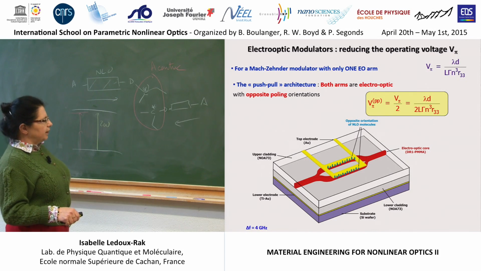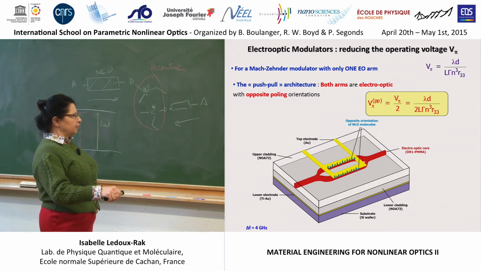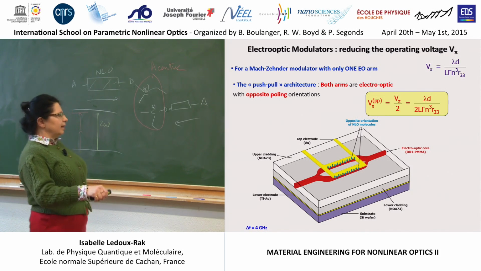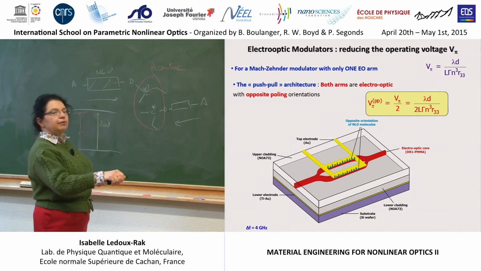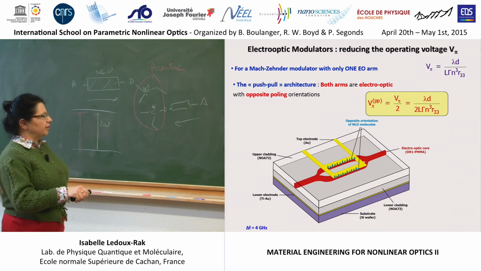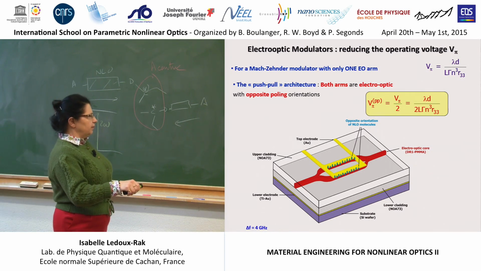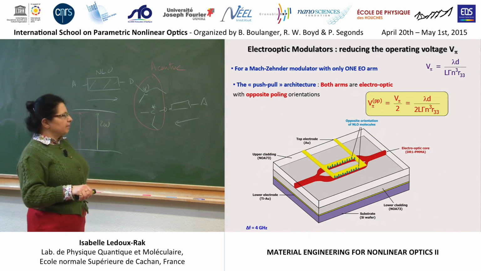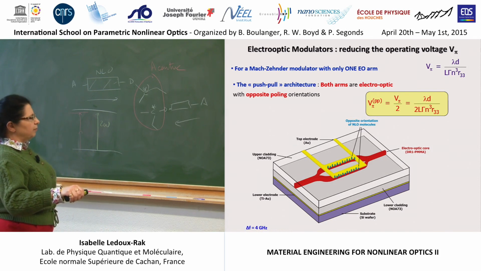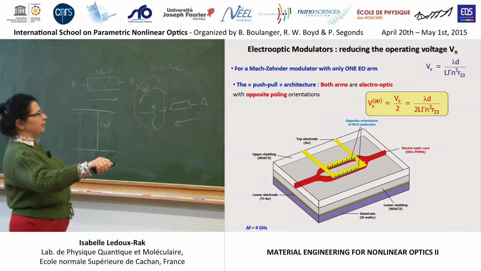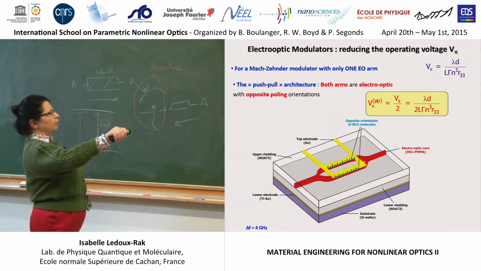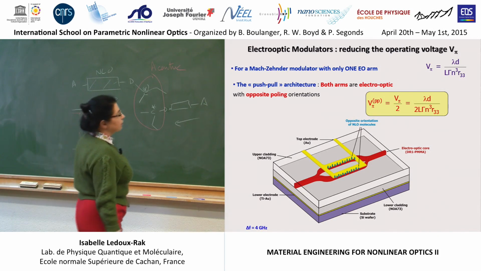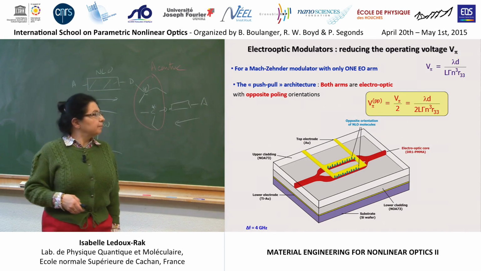If we can make some alternate poling, for example, here we make poling with polar molecules pointing upwards, and the other arm you can pole with the opposite poling field, molecules pointing backwards. In that case, the dephasing factors will add to each other because the chi2 have opposite signs. Then the dephasing between the two arms is 2 times higher, and then the V-pi will be divided by 2 as compared to a system with only one arm. That's important because you reduce the operating voltage by a factor of 2.